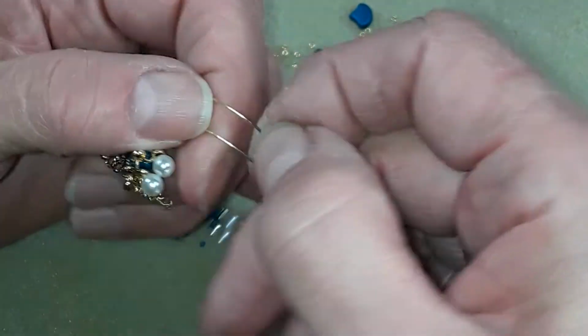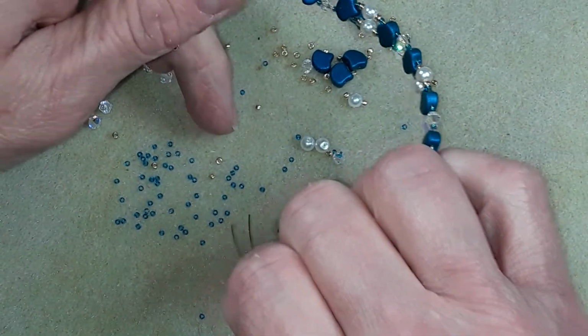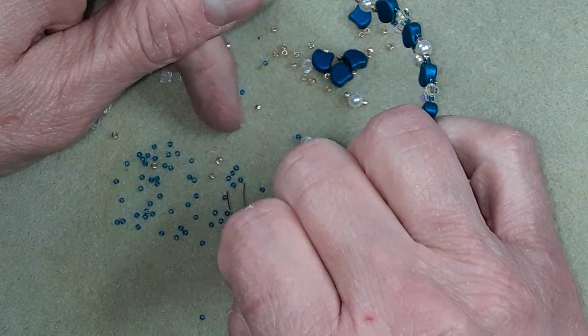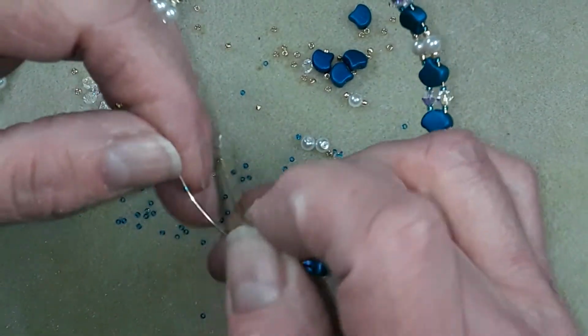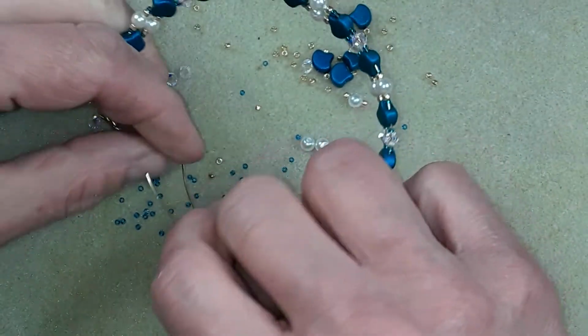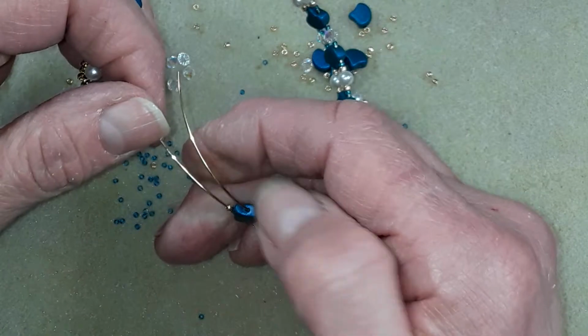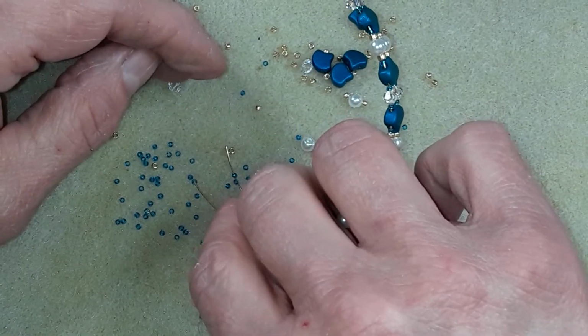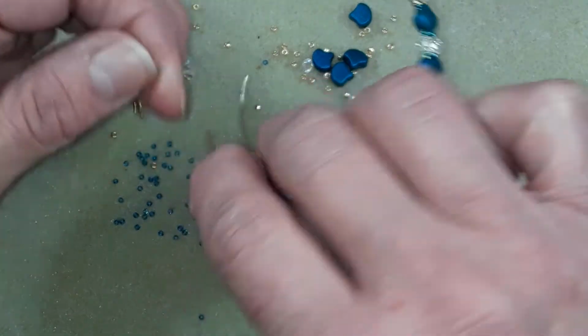So, sometimes this bird makes me crazy. And I'm sure it makes the neighbors crazy. And it is what it is. So I think I will,